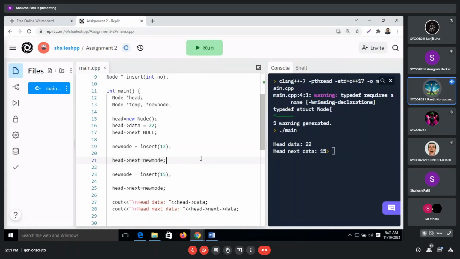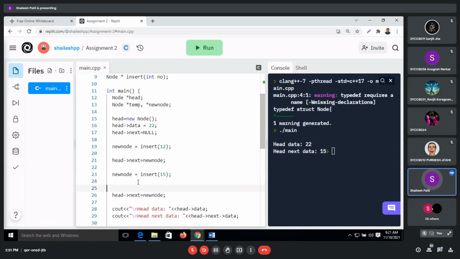Sir, head next is the new node. Okay, so that is overwritten. So if you see, that is overridden, so for that purpose it's not possible. So now what we have to do, I will add one thing. We'll introduce the temp variable. So this is now head next, so no issue. We added the next element new node over here, but here it's not possible. Again, that will be overridden.